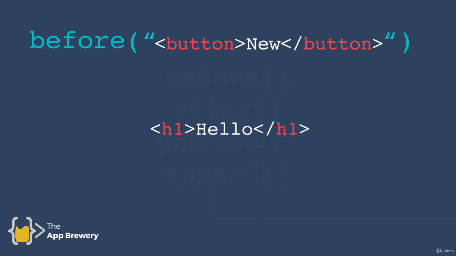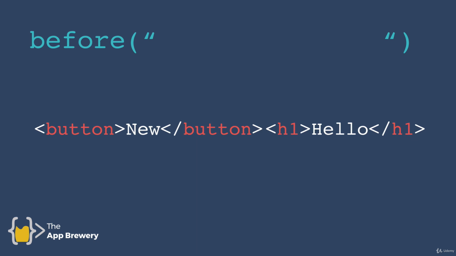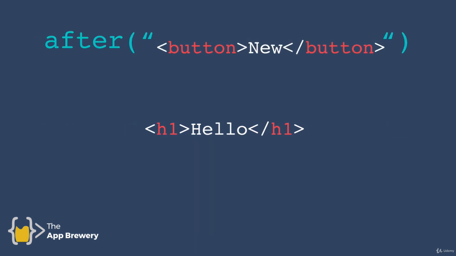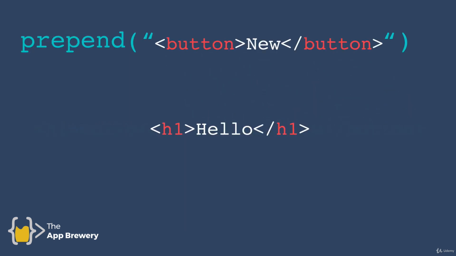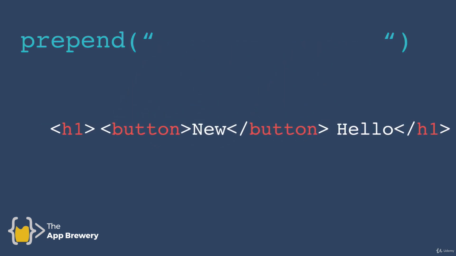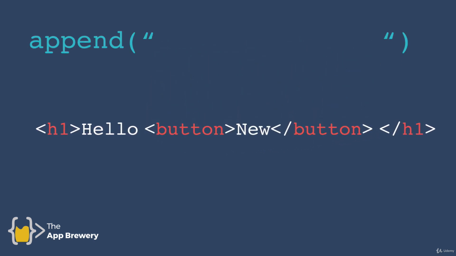So just as a reminder, the before method will add your new element before the opening tag of the selected element. So in this case, it was our H1. And the after method will add it after the H1. But the prepend and append are a little bit special. They'll add your element just before the content of the H1 and right after the opening tag. And append does the opposite, where it gets added after the content of your H1, but still inside the H1